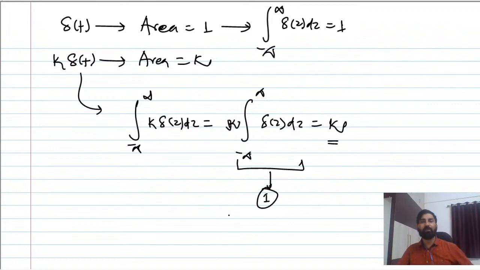The area under the impulse function is always 1. That you have to keep in mind. So what are the points you have to keep in mind for the continuous impulse function? The first is that the impulse function is one of the approximated functions, right? We can't generate it in the lab, okay? And the impulse function is defined based on the area concept. Okay, these are the 2 points which you have to keep in mind. And the third point is, if you want to sample a continuous time signal, you have to multiply the continuous time signal